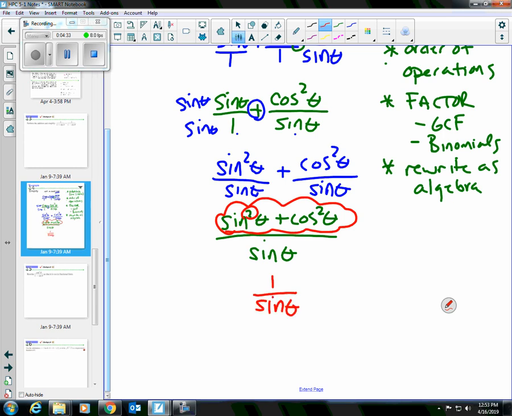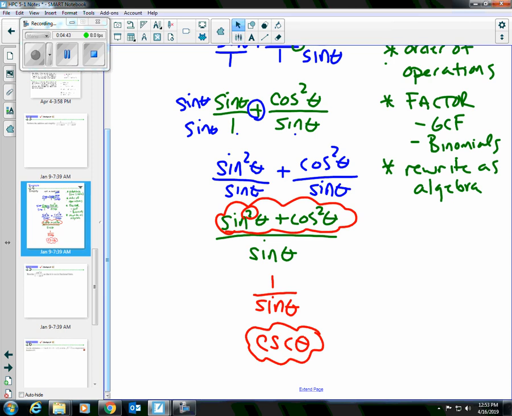And 1 over sine, that's great. We got it down to something that's way easier, right? But that can even go further. 1 over sine is the same as cosecant, which I would say is a more simplified answer. You only have a single function. You don't have an operation anymore. It's a little bit easier to deal with. So if we can get it all the way down to that, that's